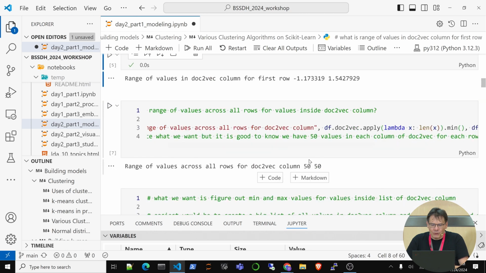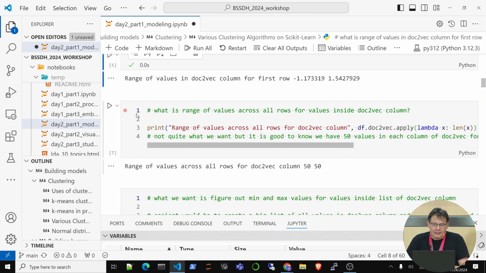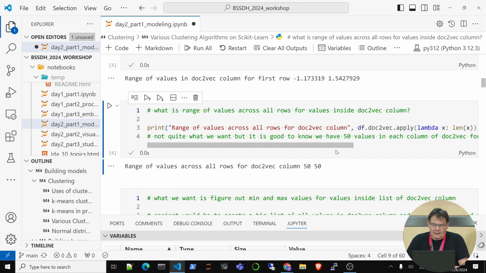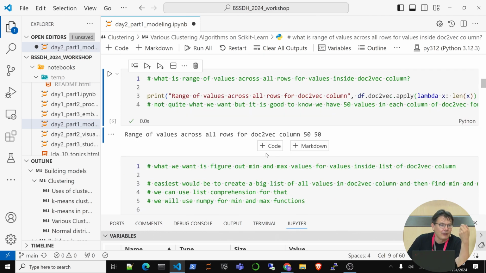So that is actually going to be useless. That's all. Okay, so this means they're all 50-50. So this basically says all vectors are the same size, minimum 50, maximum 50. That's good news, but of course we also want to see what's inside our vectors, right? So we know everything's correct. So now we know